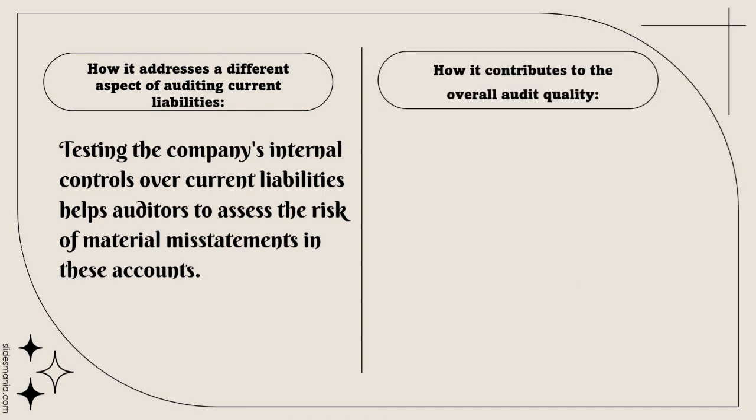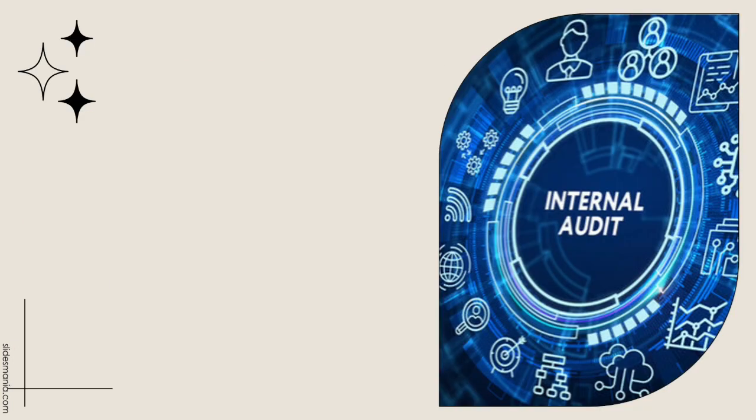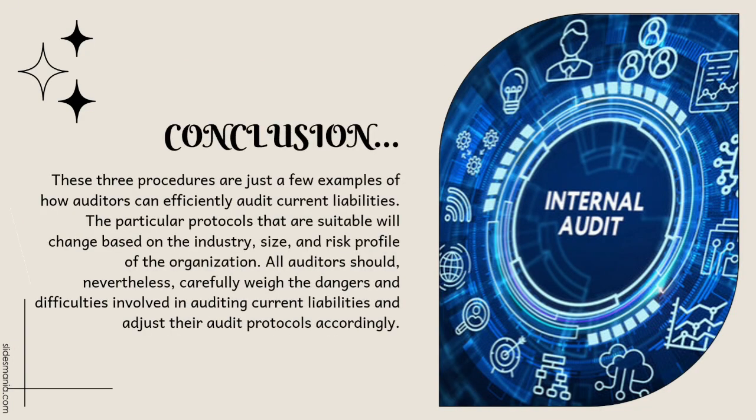How it contributes to the overall audit quality. Assessing the internal controls of the company concerning current liabilities aids in lowering the possibility that auditors will miss material misstatements in these accounts. Conclusion: these 3 procedures are just a few examples of how auditors can efficiently audit current